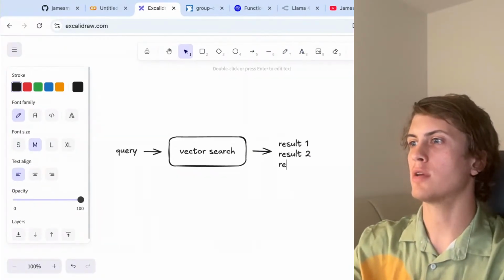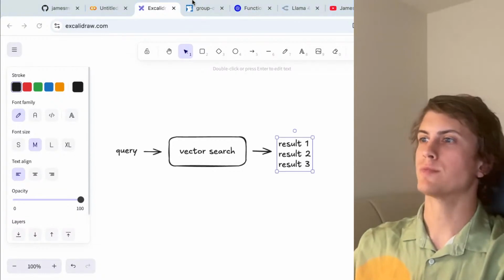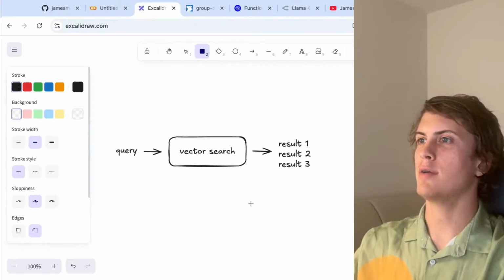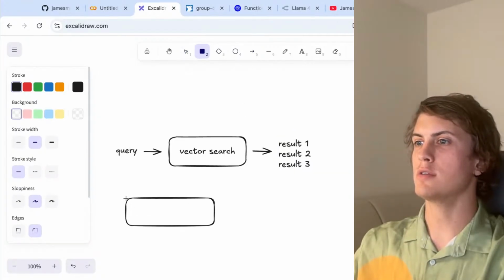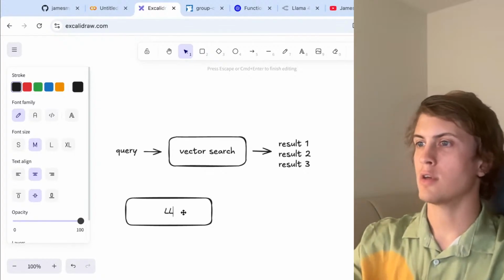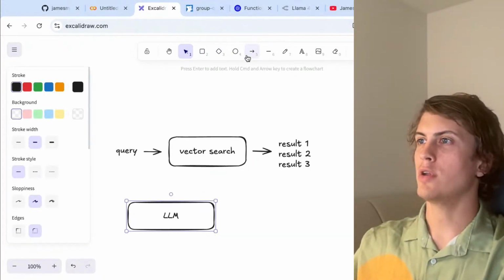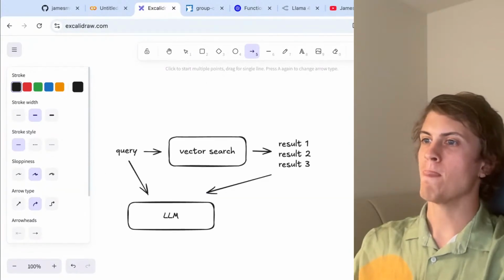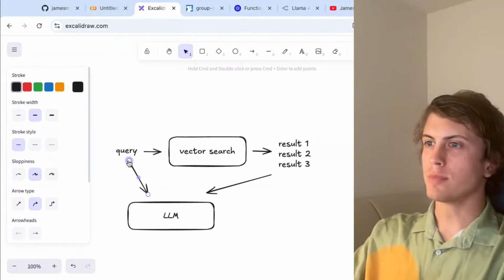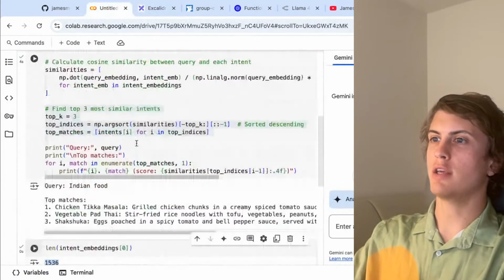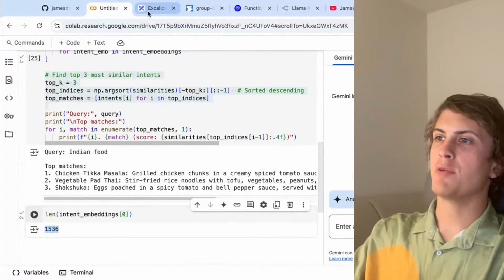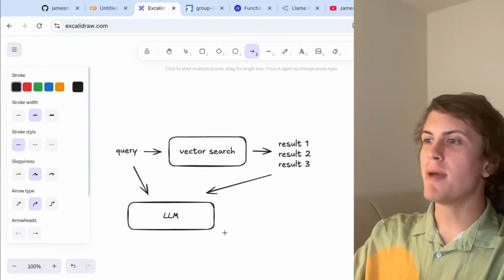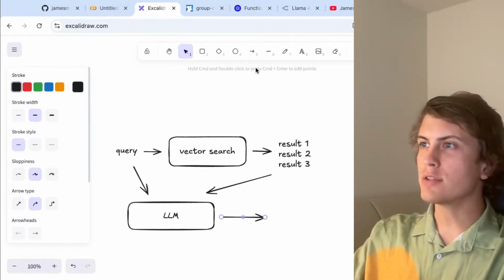You can choose how many results that you want to select, right? And then from there, what we can actually do is take this output, pass that into the LLM, and then you can also pass the original query as well. So here I had asked it for, like, give me some spicy food, right? Then what we should expect to see if we take these results and the original query and then pass that into the LLM, we should expect to get something like